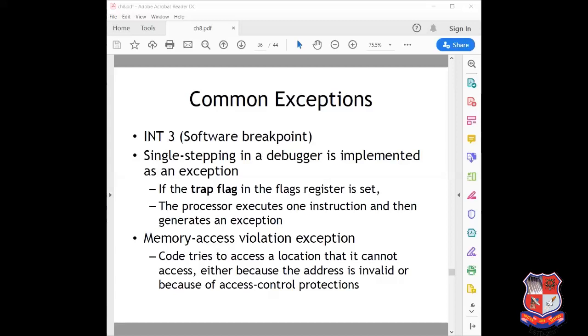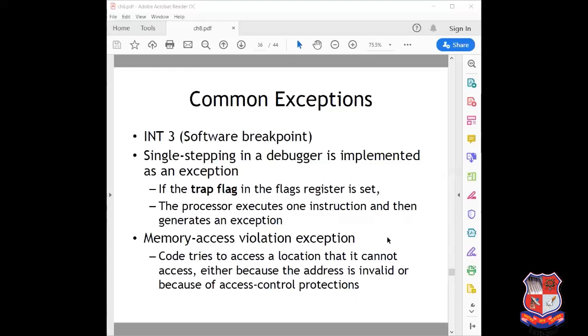Single stepping is also implemented as an exception within the operating system. In the flags register, a flag called the trap flag is used for the single stepping debugging process. So when the trap flag is set, the processor executes one instruction, then generates an exception.